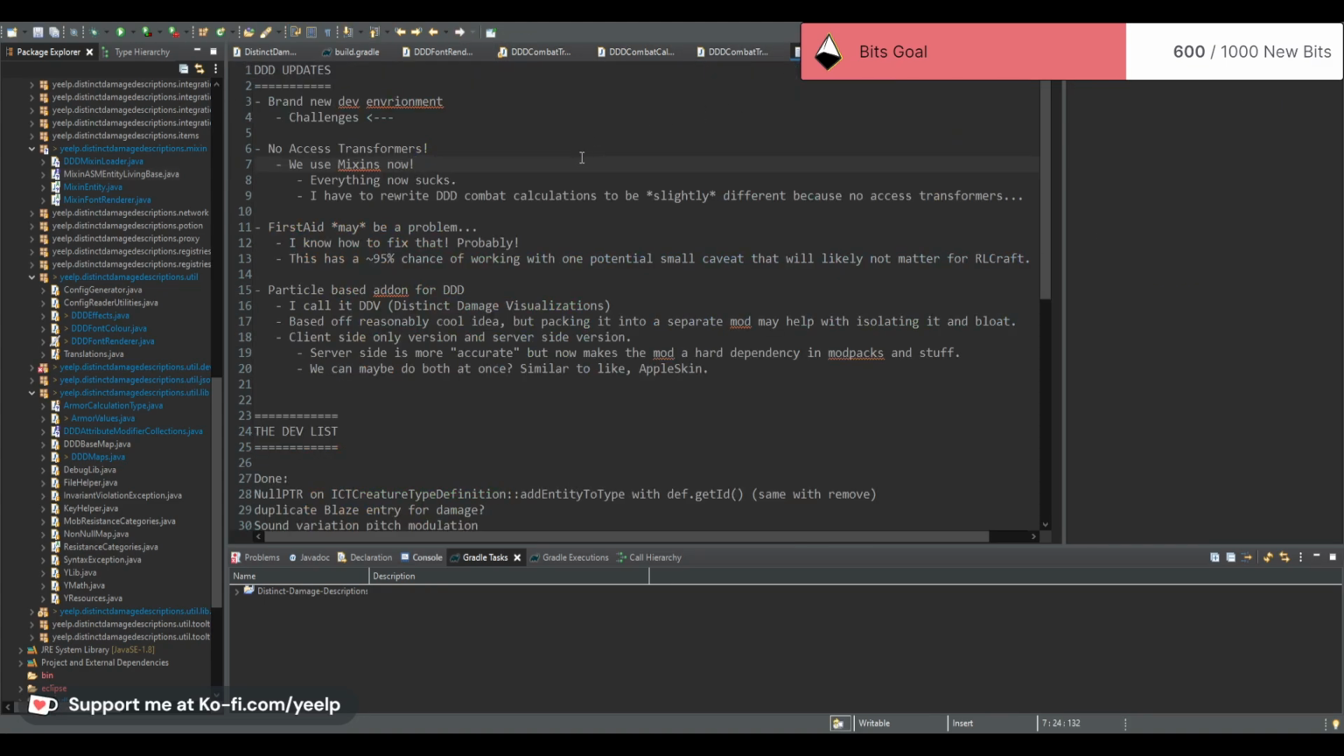Everything else still sucks because I can no longer debug DDD when connected to the